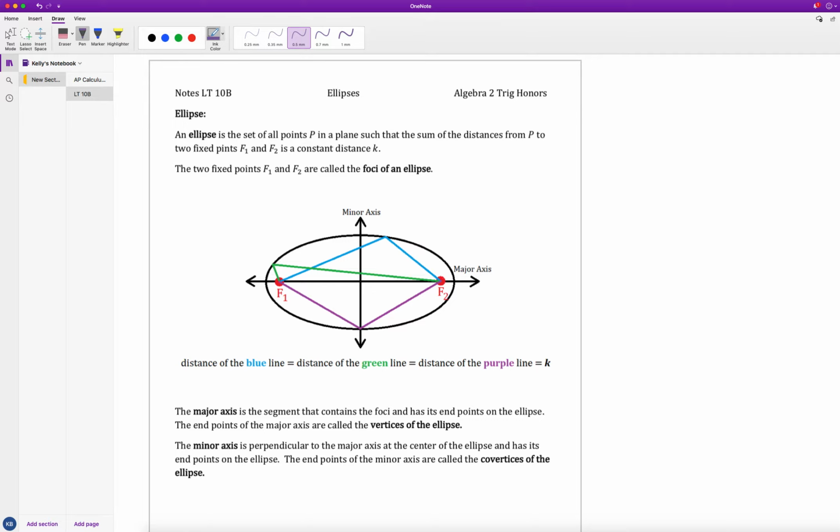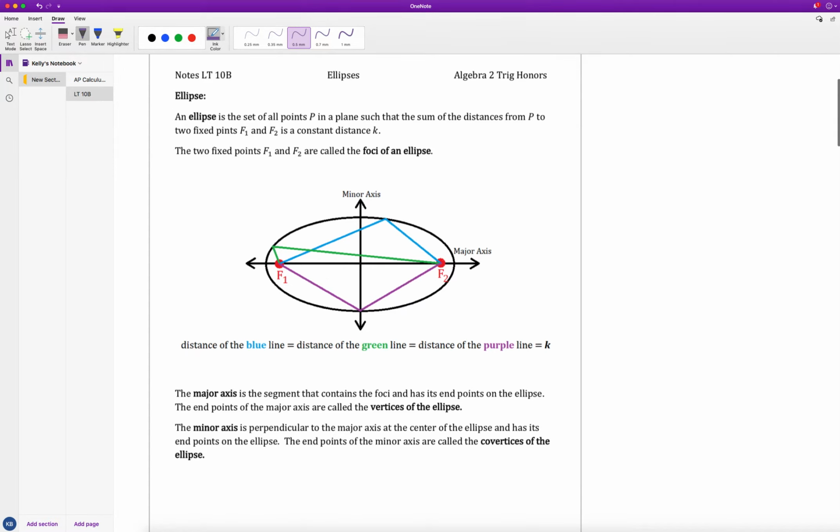What's key here is that the foci is actually what creates the elliptical shape that I get. And the further the foci are apart, the more flattened out and stretched it's going to be. If I take the 2 foci and I move them closer together, I would end up getting a circle. So the reason I get an ellipse here is that instead of having the 2 foci at the same point,